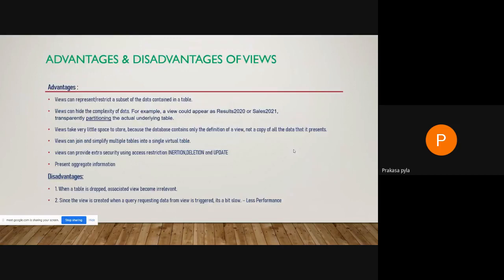Now, views can hide the complexity of the data. For example, I can create a view as a part of the table, as result 2020 from the underlying table student_result. Or I can also write it as result 2021. So as per our requirement, we can make it.